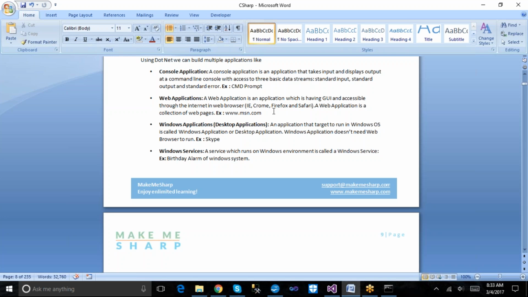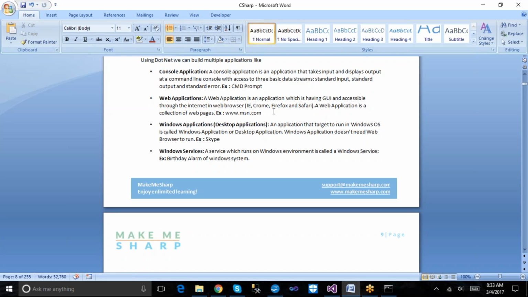Any application which is targeted to run on the operating system is called a desktop application. Here we give the name Windows application, meaning that the application is targeted at the Windows operating system. The general name for those applications is desktop applications.